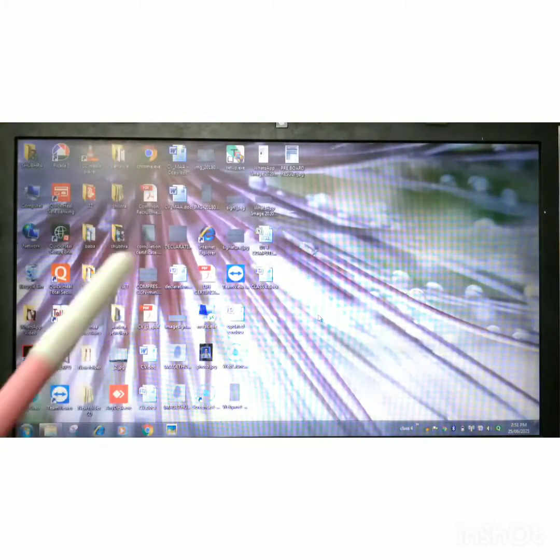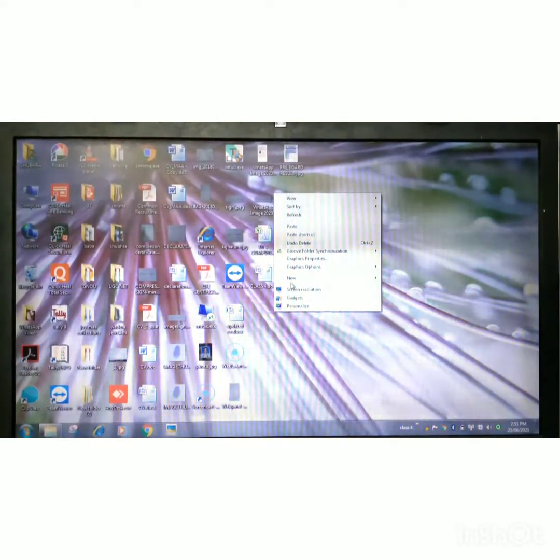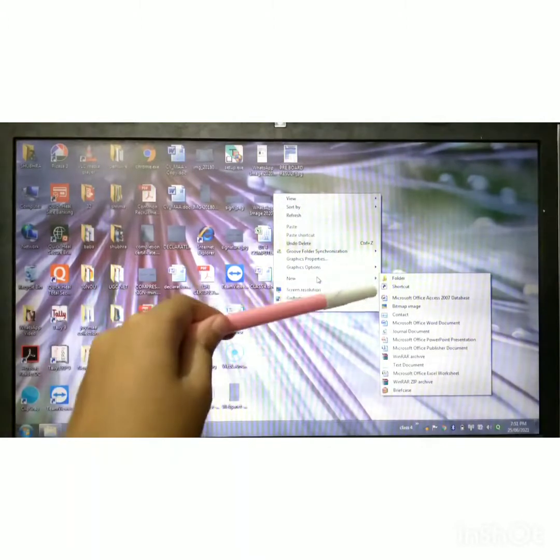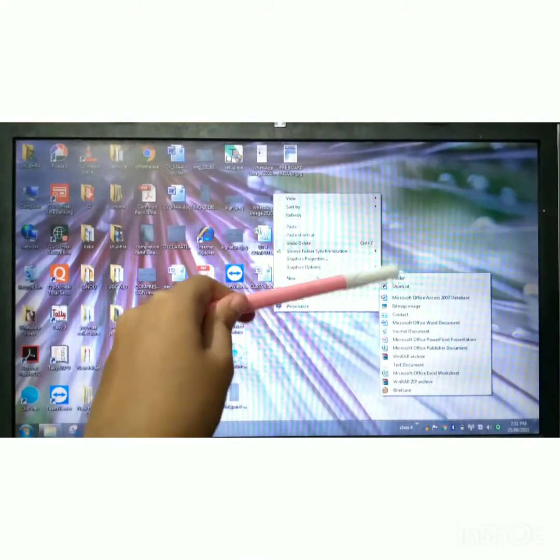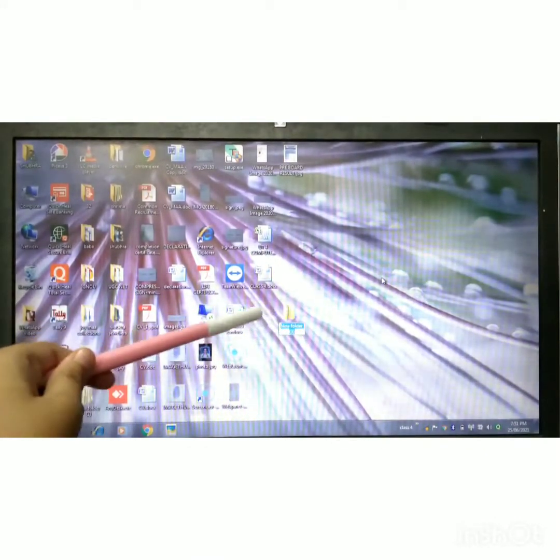Kids, you are now able to see my computer screen. We are going to create a folder on the desktop screen only. So first of all, just right click. Now this list will open. We have to click on the New option. Then you have to click on the Folder option from the submenu. Just click. Here you are able to see a folder has been created.